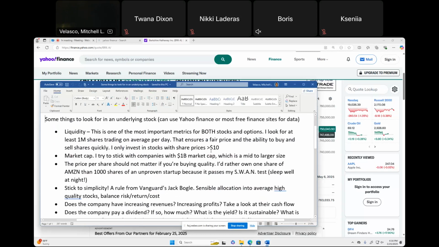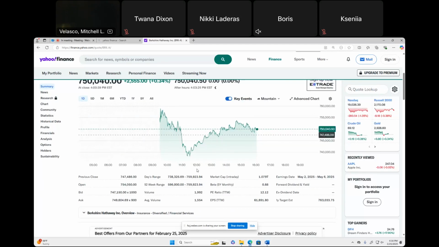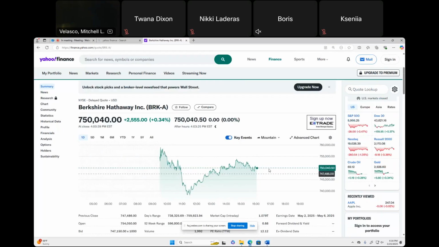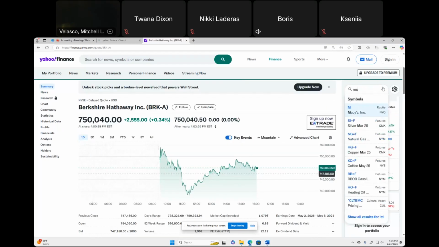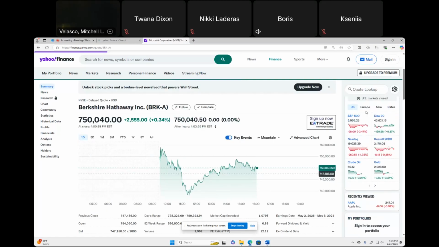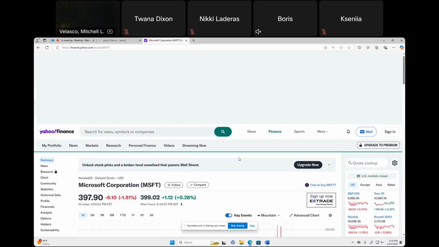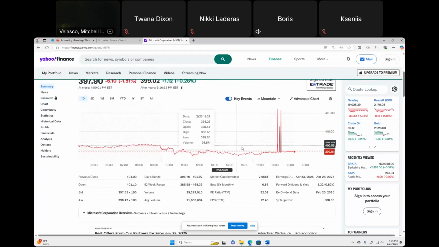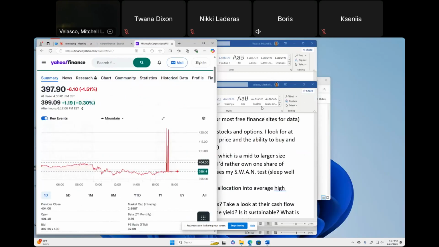Now, how can we tell if a company is worth $1 billion or more? Well, let me show you. Let's look at another one of my favorites, Microsoft. When you look up the summary page on Microsoft, the number that you're looking for is here, and it is called market cap. Market cap for Microsoft is $2.95 billion. It's been kind of struggling recently.